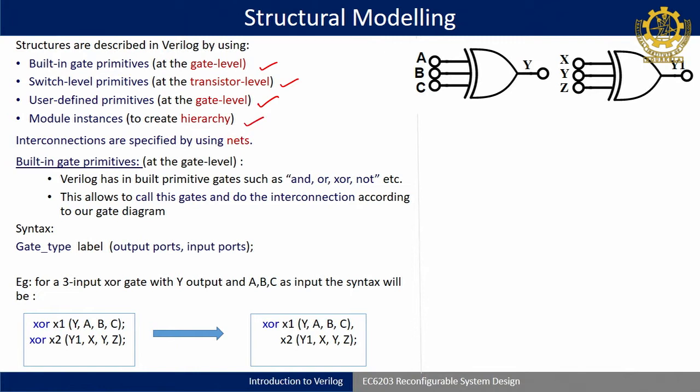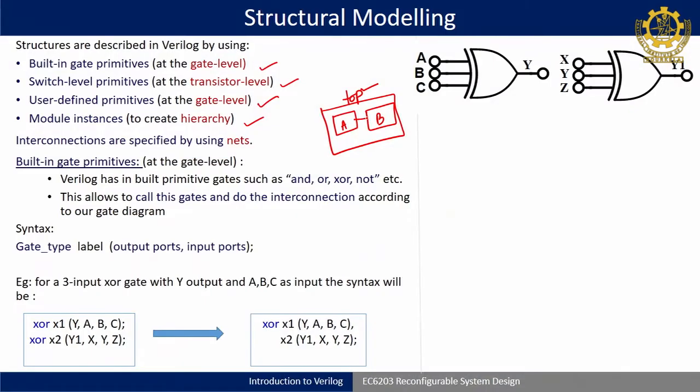The last one is module instantiation. As the name indicates, you call each block and connect the corresponding module. Let us say I have one block A and another block B. These two I can call in a top module. So, A belongs to the top module. A is a subset of another Verilog module whose name is, let us say, top. So, module A is called inside the top module. That is called module instantiation. This type of terminology is well required many times to build systems, because a system comprises different blocks.